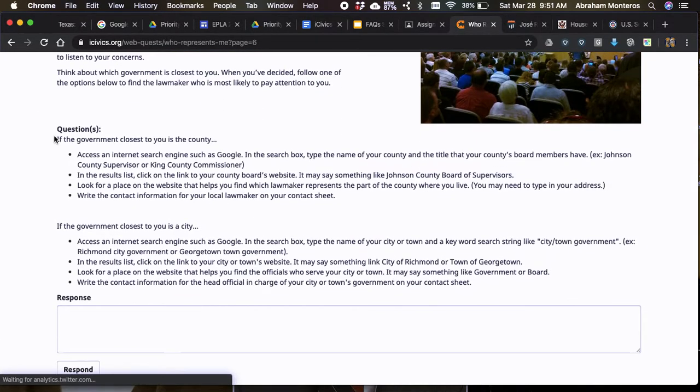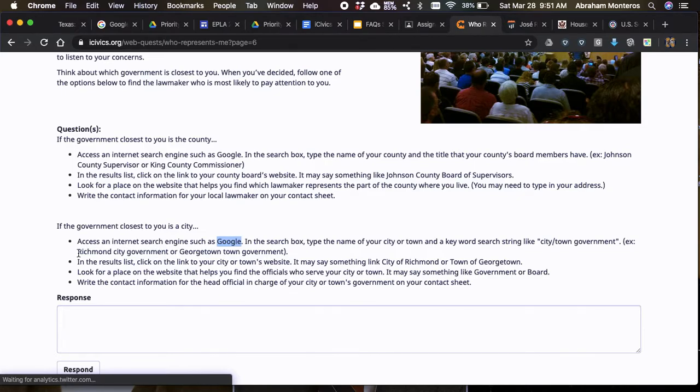So we already did the county, right? And a lot of people are confusing this with country. It's county. Let's focus on our city, right? The city of El Paso. So what this one does, it tells you to open up a Google search engine, right? Just Google it, in other words. And we're going to put the city of El Paso.